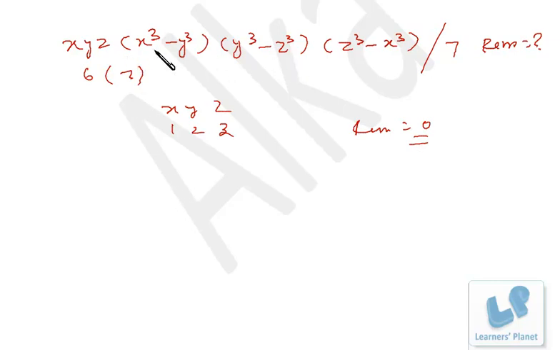Now if this expression is producing 0 as remainder when we put x, y, z as 1, 2, 3, that means we can generalize that. Because if it is true for one set of values, then it will be true for other sets of values as well. No need to check further. I hope you are getting me. So the answer to this problem will be 0.